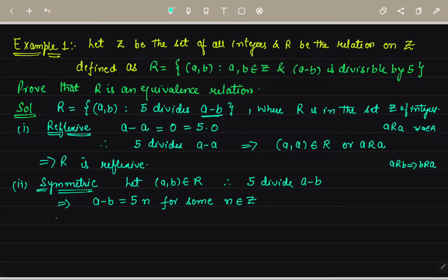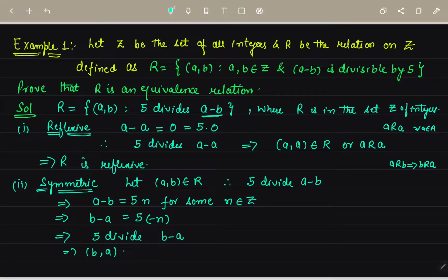आ जाएगी। सो यहाँ से हम इसको ये भी लिख सकते हैं, इसको रिवर्स कर दें तो ये बन जाएगा 5 बी माइनस ए, जो होगा वो किसके इक्वल आ जाएगा, दिस विल बी इक्वल टू 5 टाइम्स, ये यहाँ से जो इसका सब्ट्रैक्शन साइन है वो मैं इस साइड ले लेती हूँ, तो इस तरीके से भी लिख सकते हैं। सो यहाँ से क्लियरली हमारे पास आ जाएगा दैट जो 5 है वो किसको डिवाइड कर रहा है, बी माइनस ए को कर रहा है।